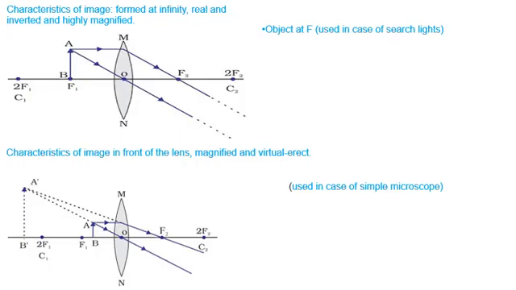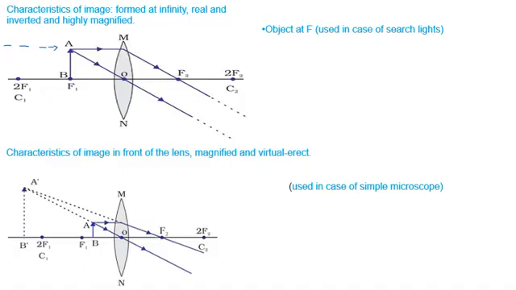And the next case is where the object is at f1. Object is at focus. Now you can see the object is coming nearer to the lens. Step by step it is coming near towards the lens. And what about the image? Image was going away. Now in the last case, image was formed beyond 2f2, but here we can see the